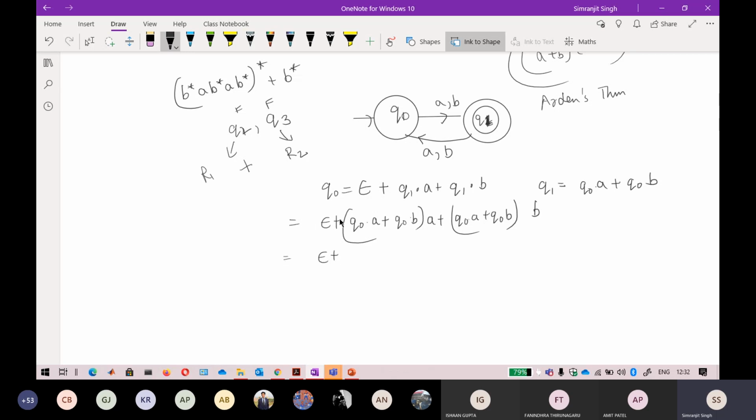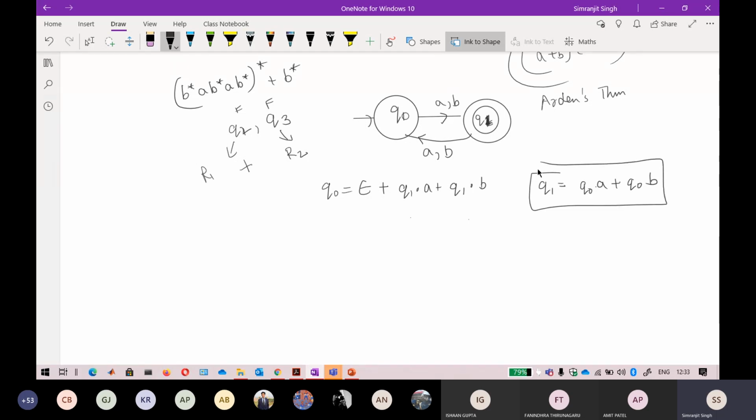If I'm doing something wrong, just tell me. Sir, if anything is wrong, just tell me. Yeah, sir, q1 is the final state, right? Q1 is the final state. So yes, we are again doing it wrong. Okay, you are absolutely correct. I have to put the value of q naught in q1 because q1 is the final state. Okay, that is absolutely correct. So let me write q1 equal to, putting the value of q naught.